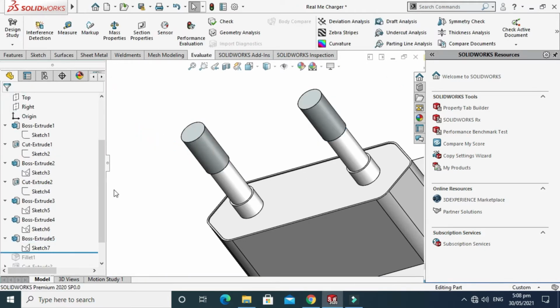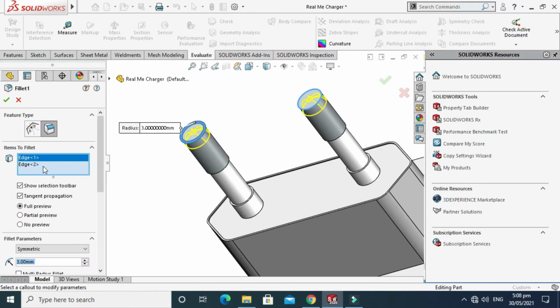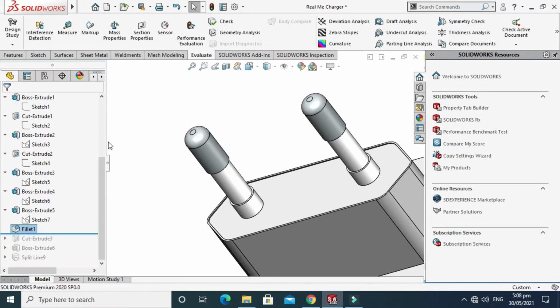Just select OK, and next I have used this fillet tool. Just go to fillet tool again, go to edit sketch, and the radius of this fillet is, let's say, 3 mm. I can change this to, let's say, 2 mm. As you can see, the radius has changed, but it is 3, so I'll change it back to 3. And I have selected these two edges, that is both circles. Just select OK.